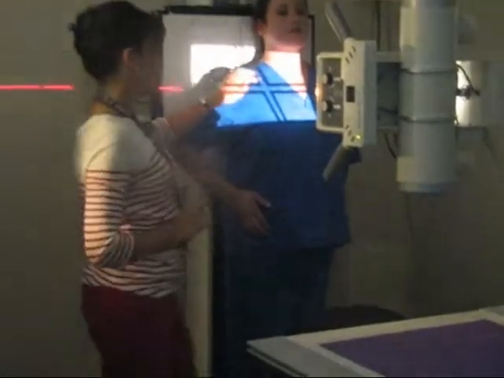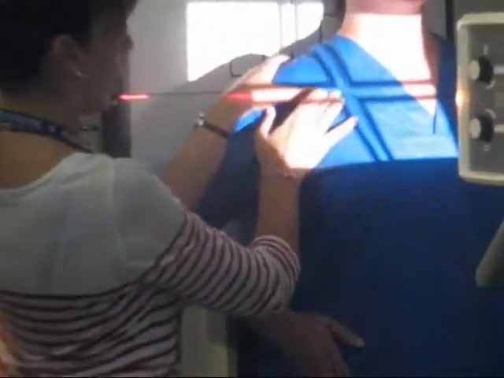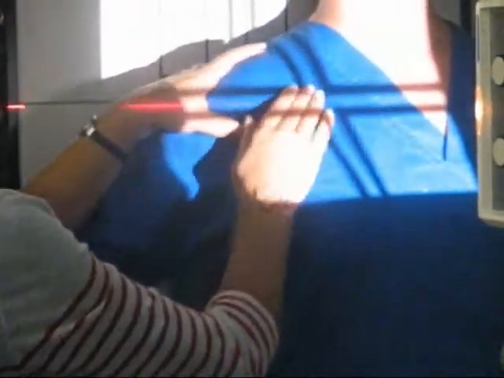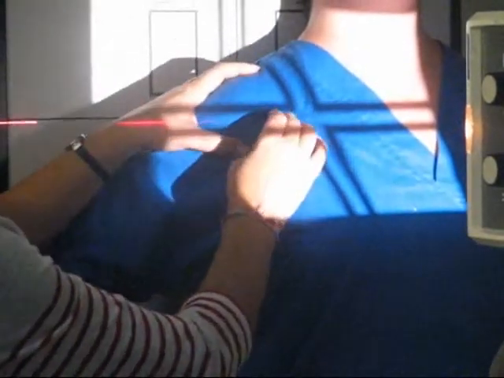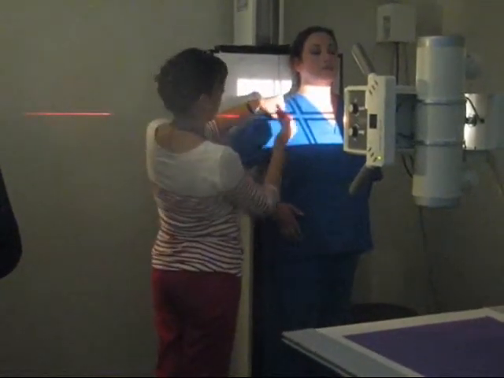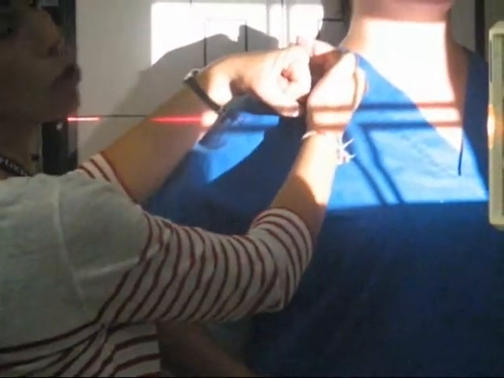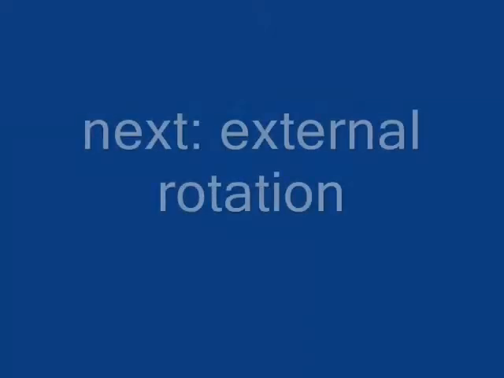Okay, now the central ray, if you can't visualize very well, if you can't remember very well, what you want to see is the space in between the head of the humerus and the scapular girdle, or shoulder girdle per se. So if you can envision this joint, you have a ball and socket type of joint, okay? And what the doctor is going to be looking at is the space